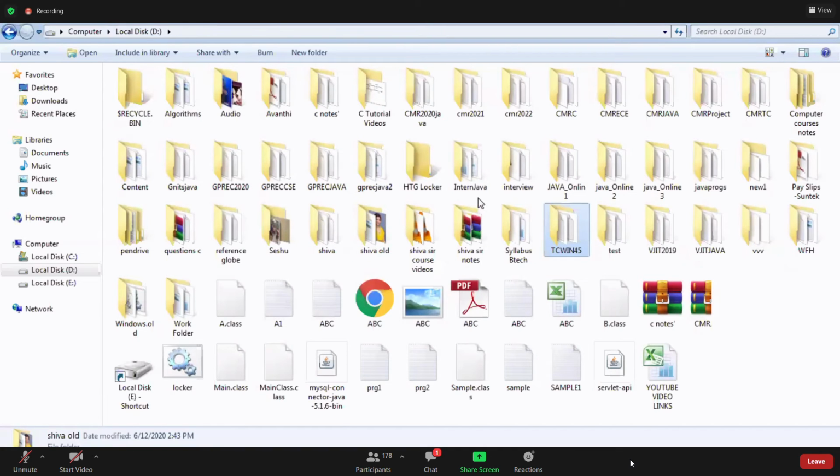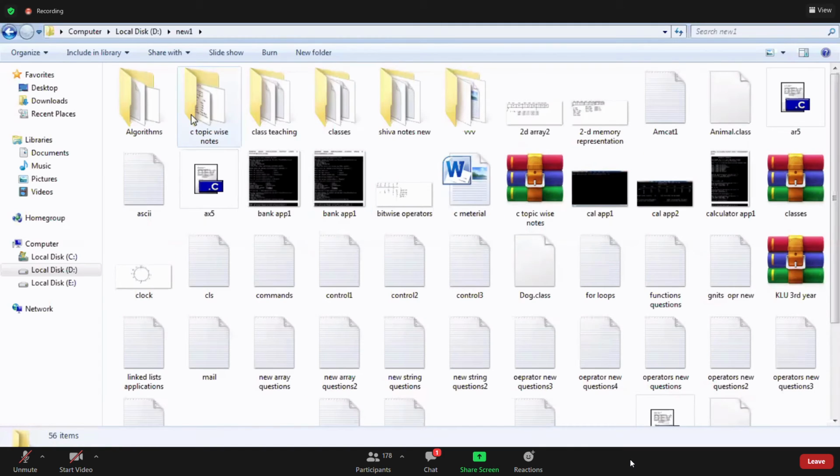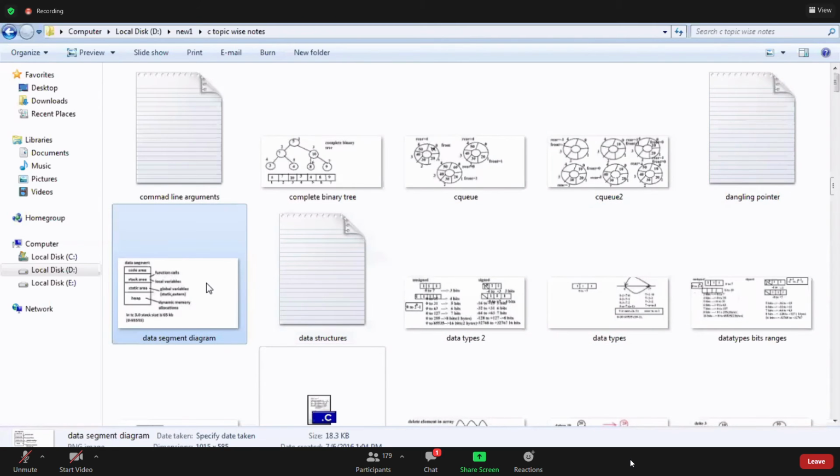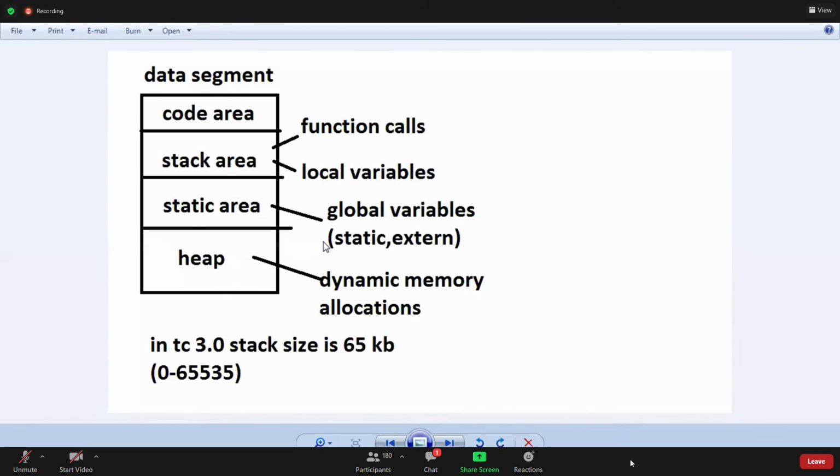The data segment diagram has 4 areas: code area, stack area, static area, and heap area. Write this diagram.